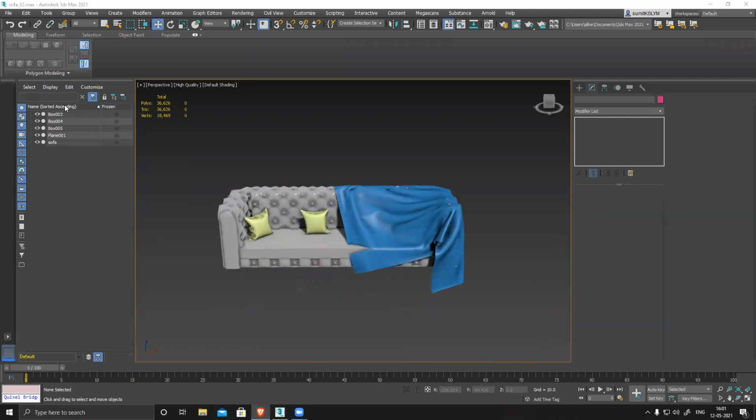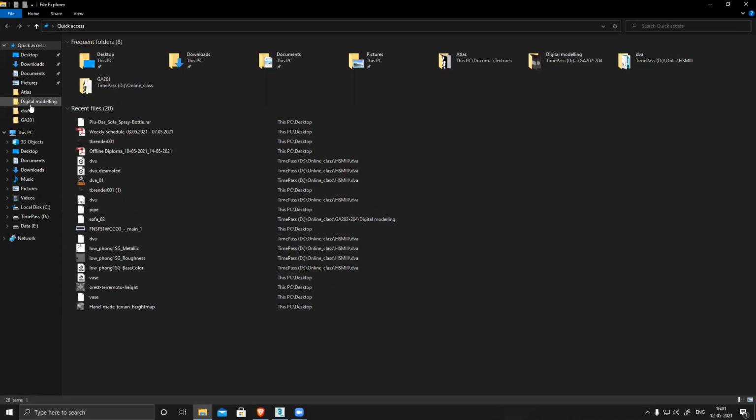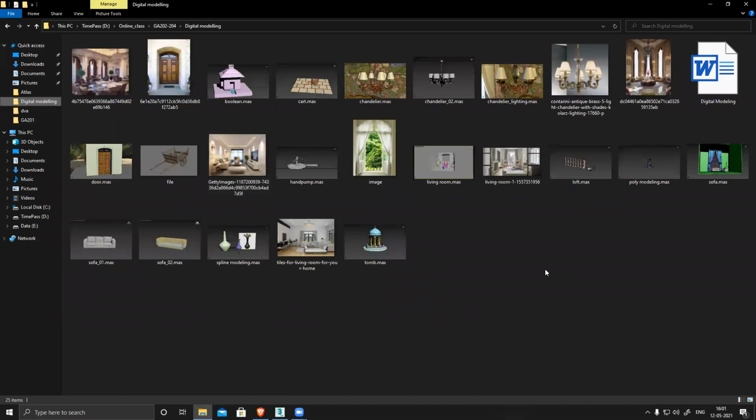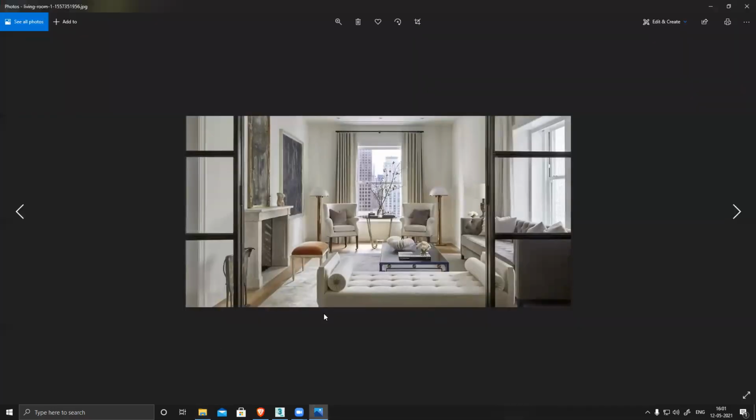Then in Friday's class we'll create those curtains, and after that we'll create an entire set, a full set. I'll show you. I'm just showing you something very basic. Maybe one complete scene, basically one complete room, maybe this one we created for older projects, or something else. I'll search for something and use it, or maybe we'll create a modular kitchen.